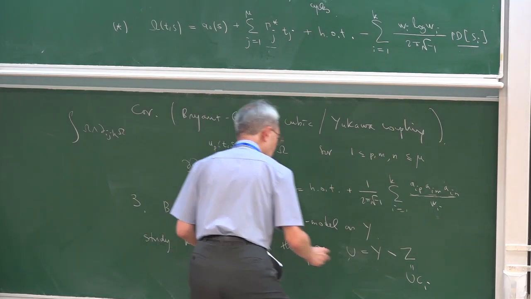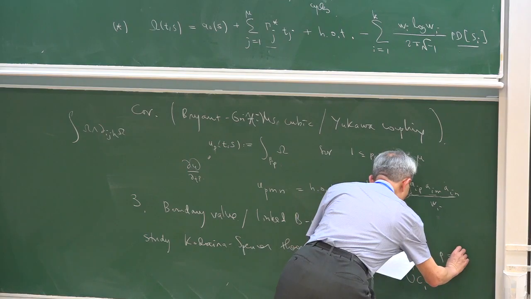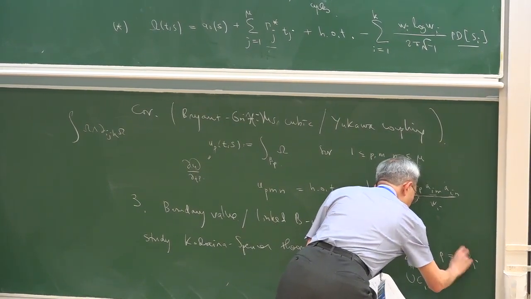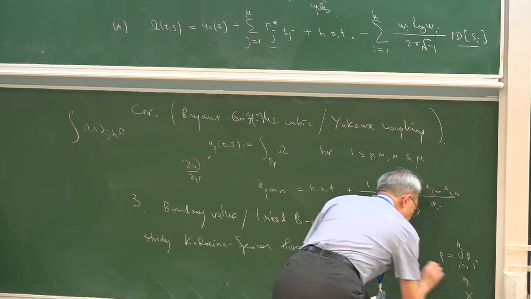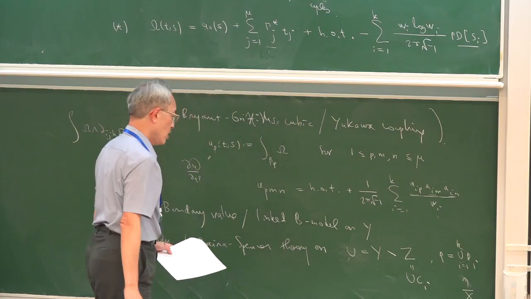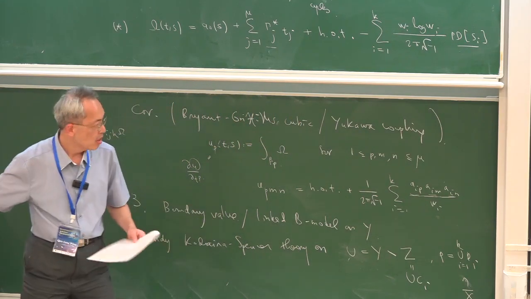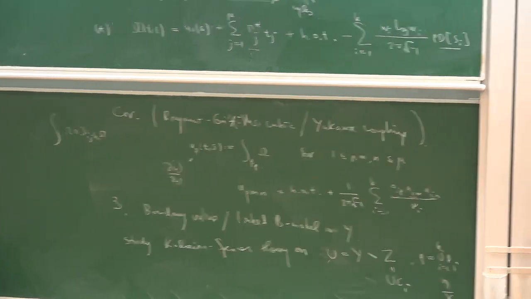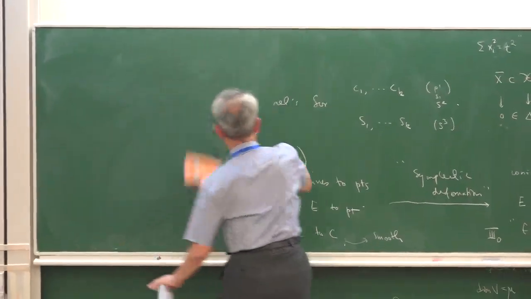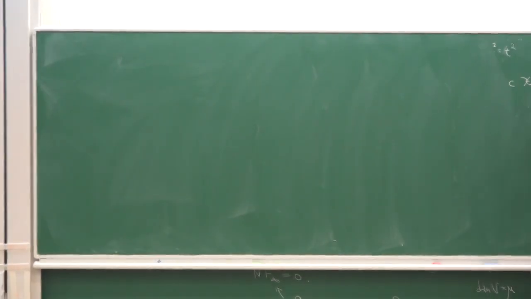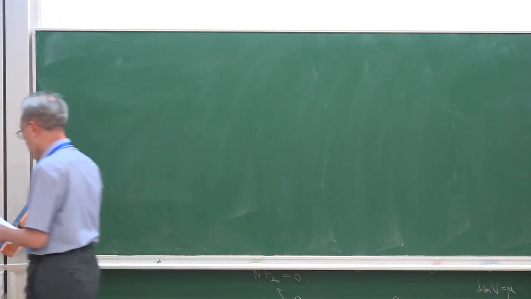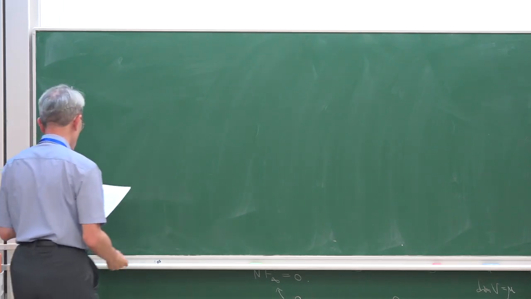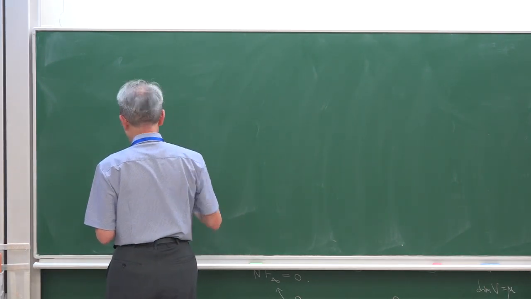Okay, and let's use a notation. P is the union of P_i, with i from 1 to K, these are points. This is a cycle in S bar. If you do that, you will get